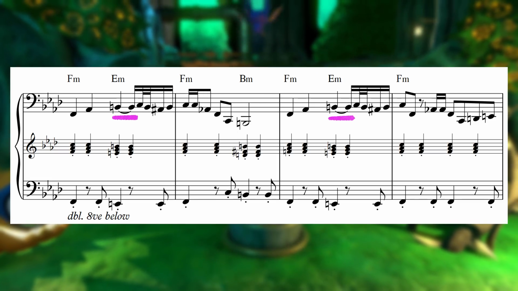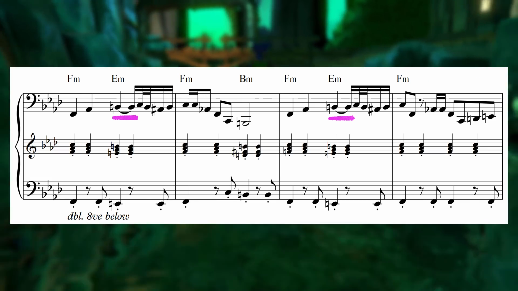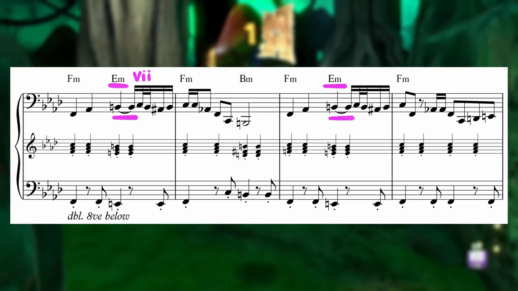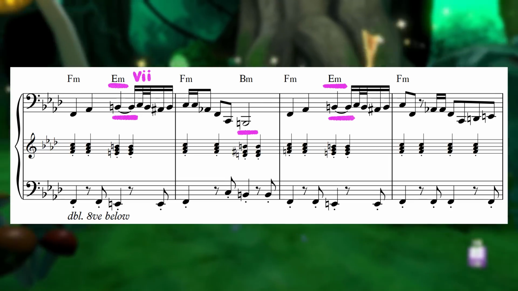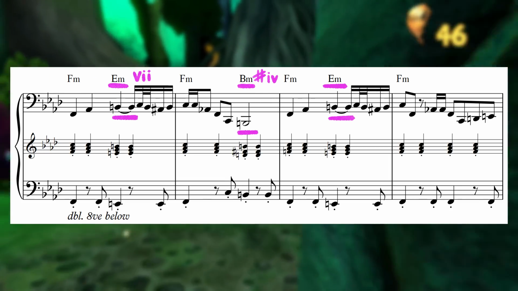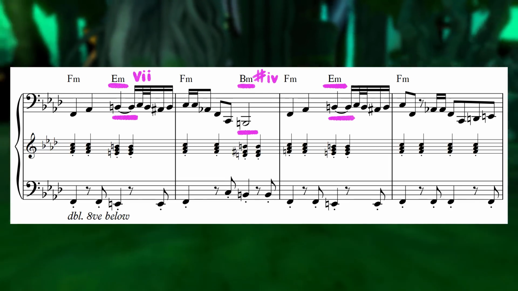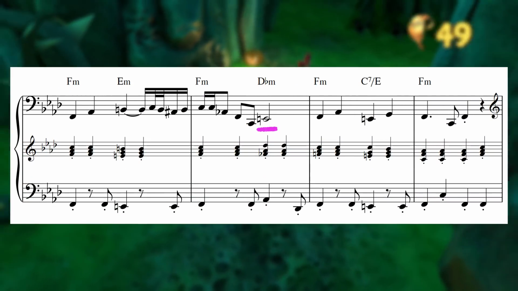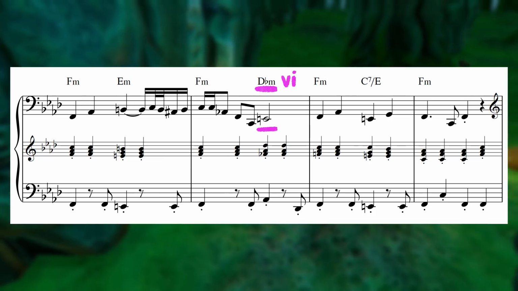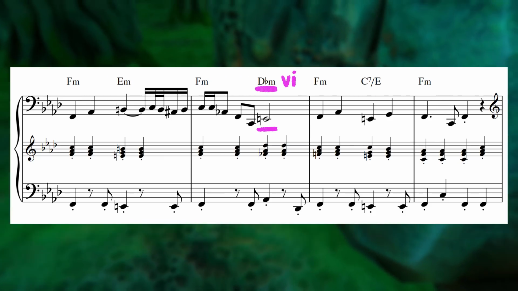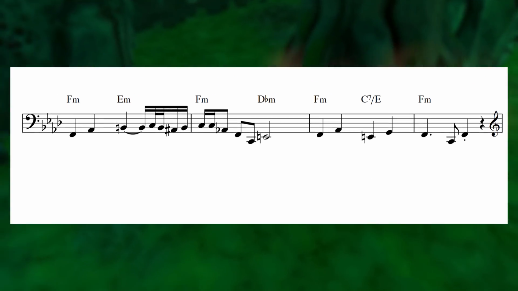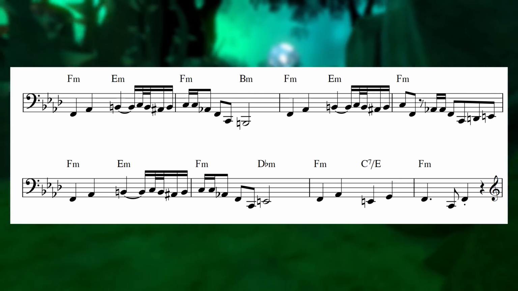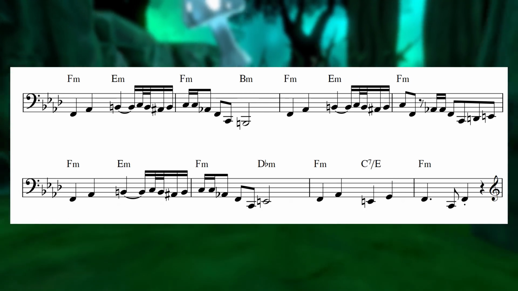The first B natural in each melodic phrase is harmonized with an E minor chord, sliding down by a half step from our tonic F minor and back up for the next bar. This low B natural is harmonized by a B minor chord, the chord found a tritone away from our tonic. On the second 4-bar phrase, we leap instead to an E natural harmonized by a D flat minor chord, another chromatic mediant relationship just like we saw in Frosty Fray. Altogether, this means that this theme spends almost just as much time on chords pulled from very distant keys as it does in the home key of F minor.